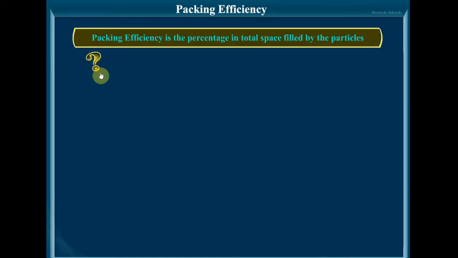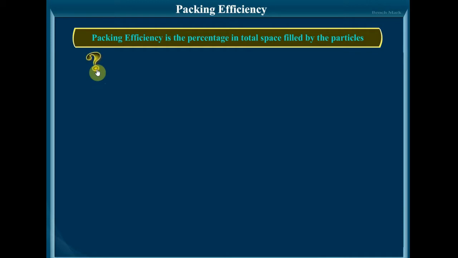The percentage of total space filled by the particles is called packing efficiency. Different types of packing arrangements have different packing efficiency. So now, in this topic, we'll be calculating the packing efficiency in different types of packing arrangements. So the first one is,